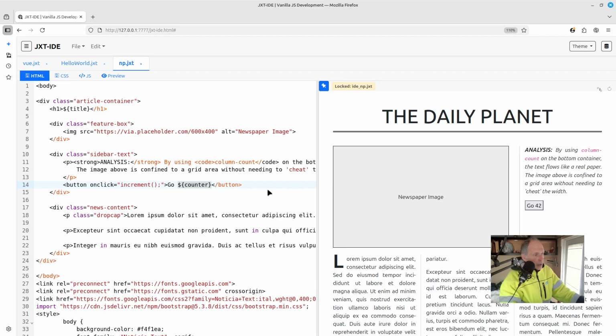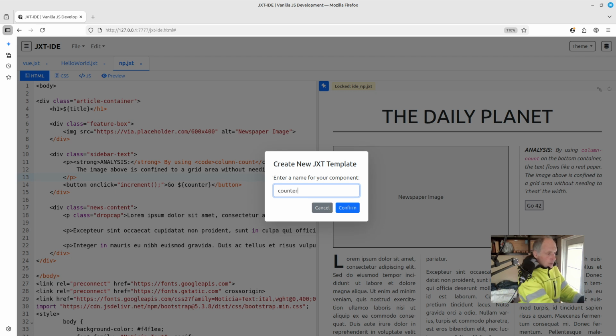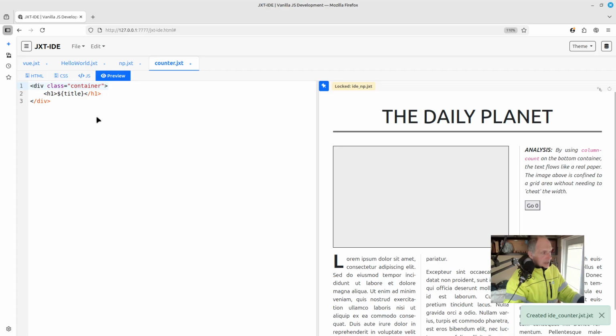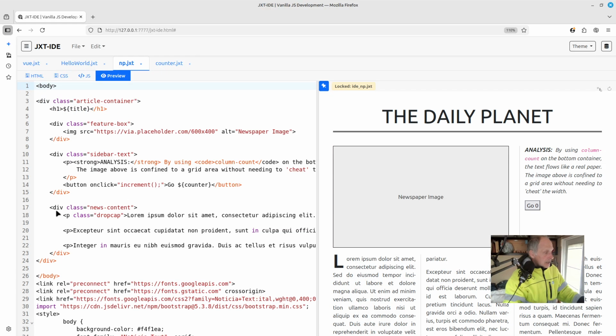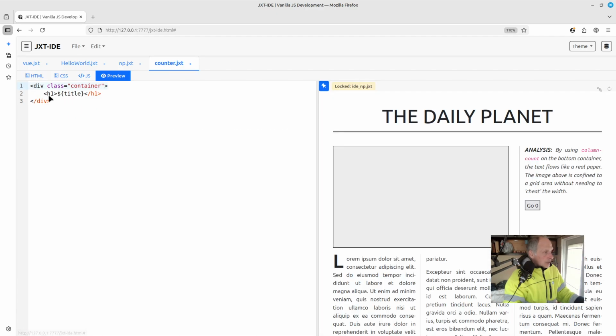Now let's say we wanted to load this in, and we want to create this as a component, then we can do this too. So to do this, let's say we want to create a counter control. So let me create a new file called counter, and then we want to be able to dynamically load this in. So first, let me go and grab the button, and I'll just put it in the HTML for this counter control. Go back here,